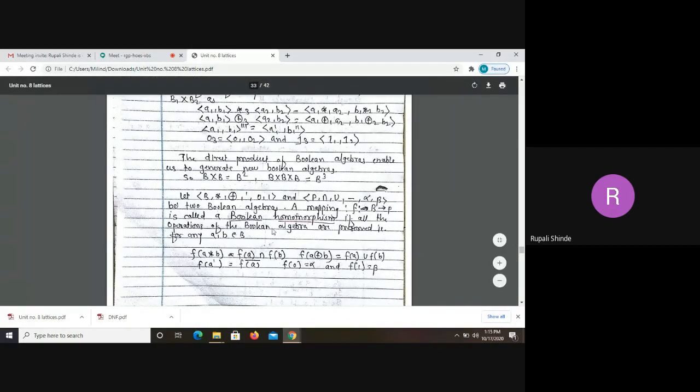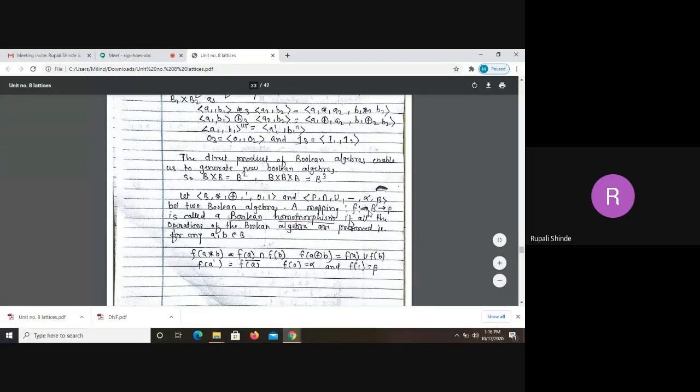So before this we have seen many kinds of homomorphisms with respect to semigroup, monoid, group, lattices, and now we are going to see this term with respect to Boolean algebra. So let (B, *, XOR, complement, 0, 1) be one of the Boolean algebras, and the second one is (P, intersection, union, bar, alpha, beta). So here two Boolean algebras are given.